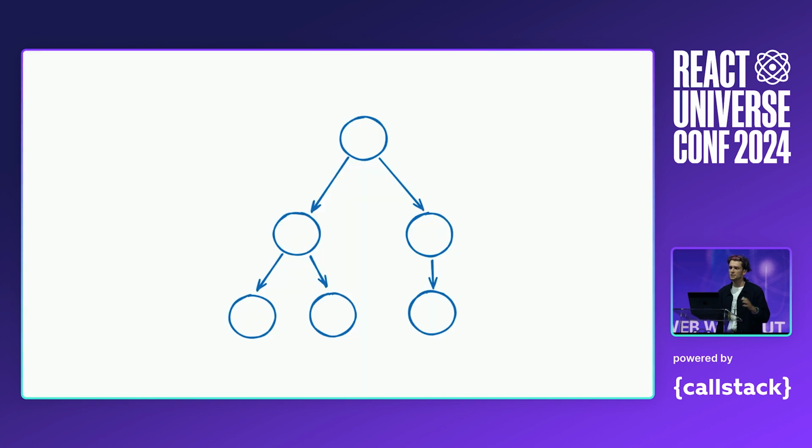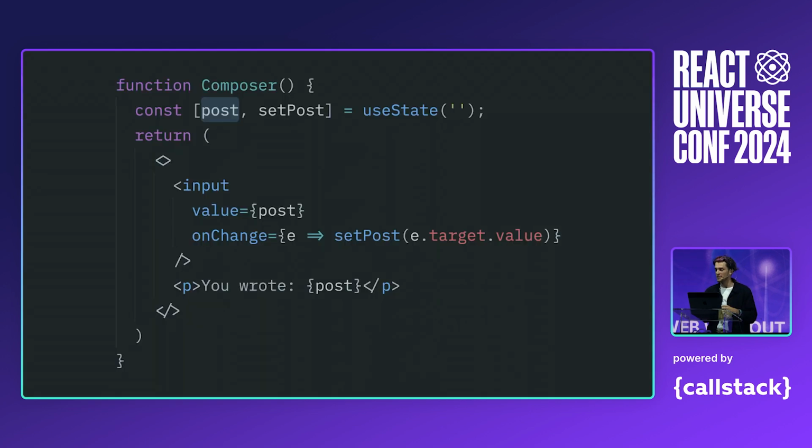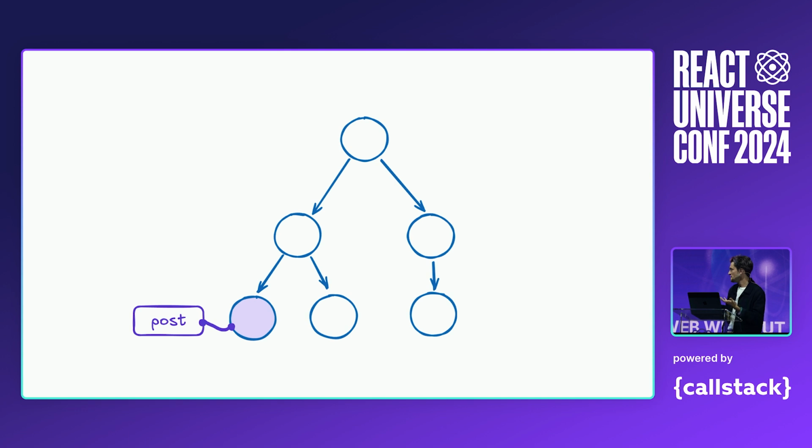So in React, there's this concept of a component tree. You need to find something to attach the data to so that it can survive. And so in React, you can use state for this. You can put some data into state, and then it will persist for as long as the component is mounted, right? So basically, you can do this. But what if the component gets unmounted?